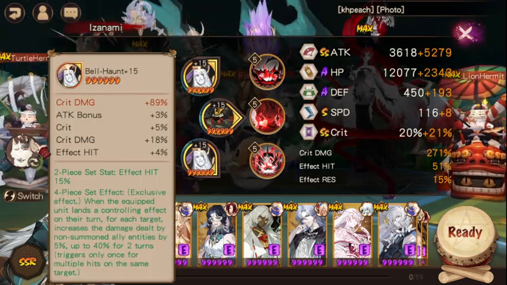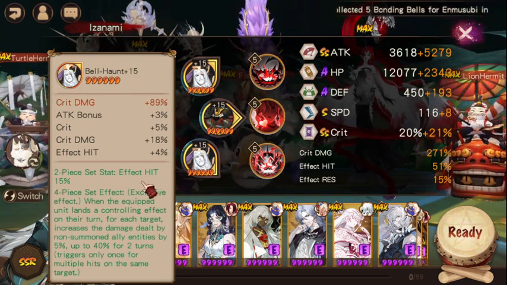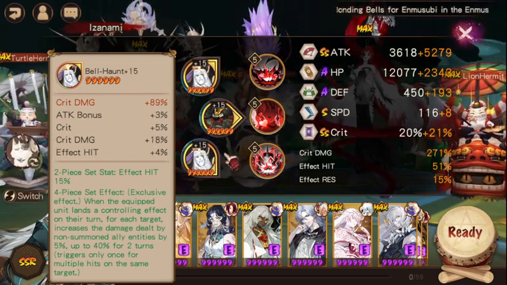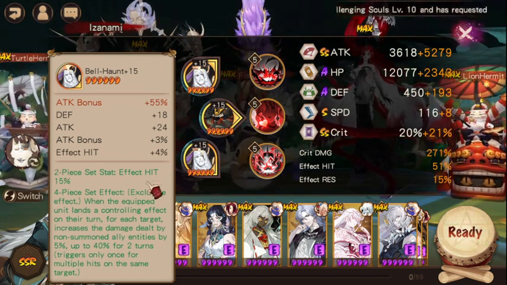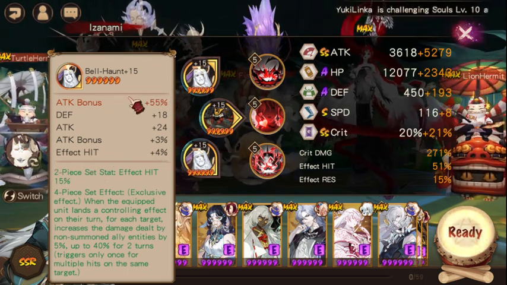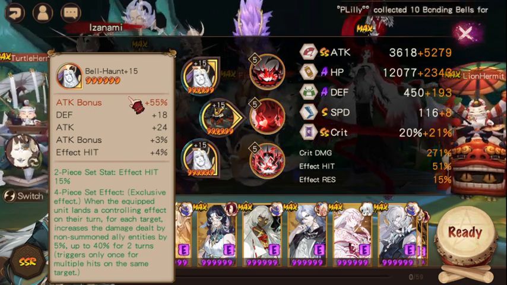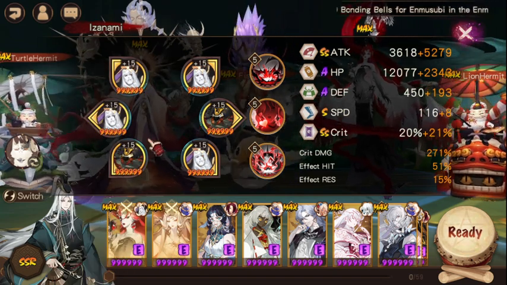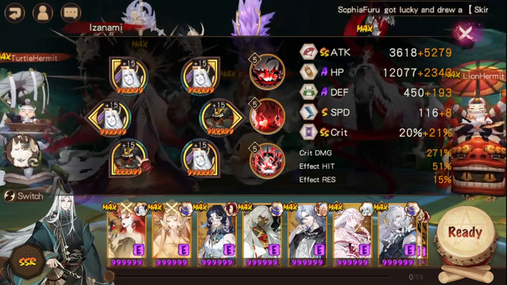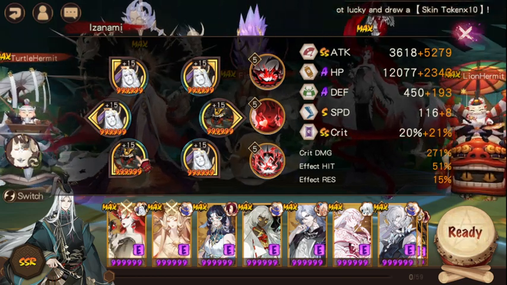Up here, this beautiful crit damage boosting soul. Like, yes. Some effect hit, some attack. This beautiful attack booster. Now, could I have put an effect hit booster here? Yes. Did I want her to also be able to slap a bitch? Also, yes. So, yeah. Now, anyone who knows me knows I actually really love putting Tsuchigumo on some Shiki, and